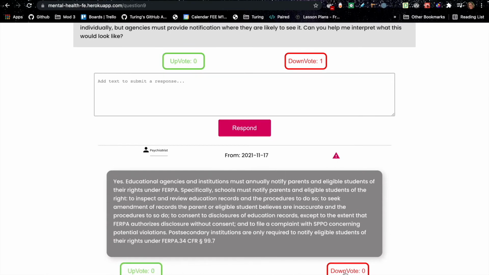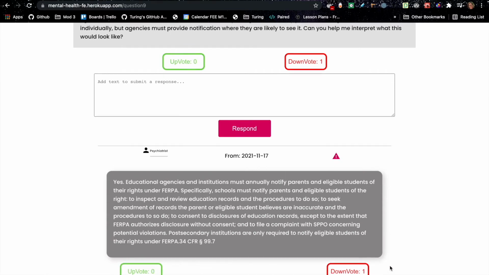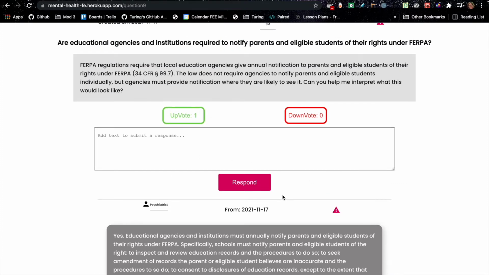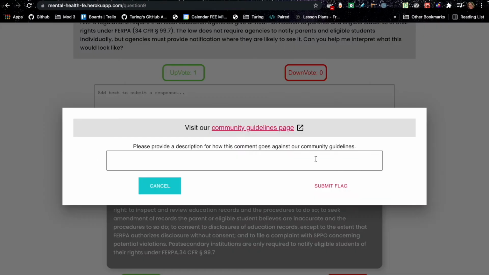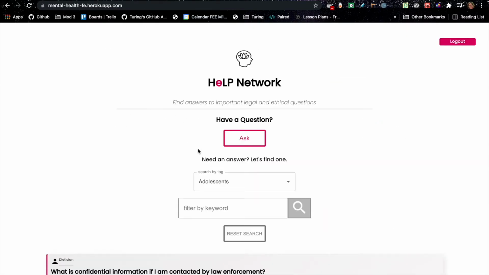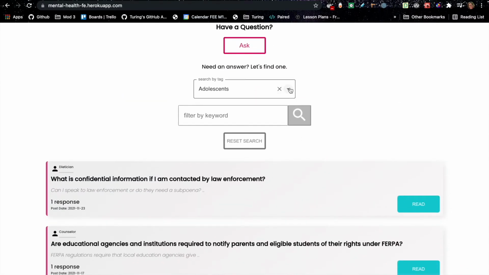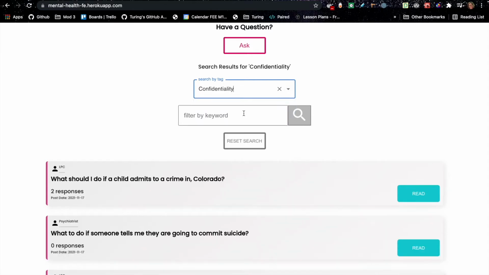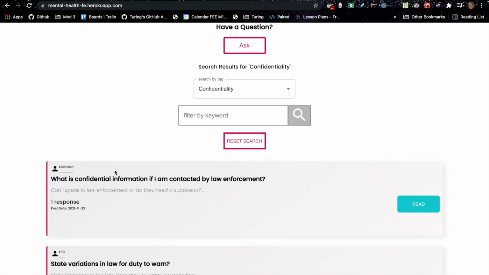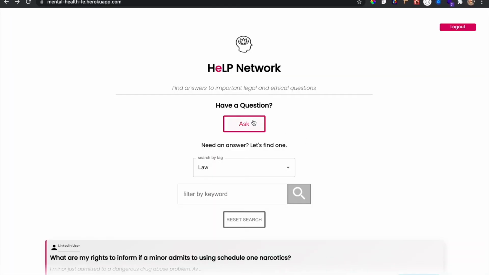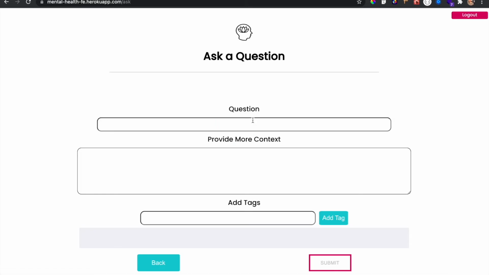They can then upvote or downvote the responses or the questions based on relevancy. They can flag a question or a response if it does not abide by community guidelines. On the landing page, they can further filter questions by either tag or by keyword found in the question title or body. To ask a question, the user will click the Ask button, which brings them to an Ask a